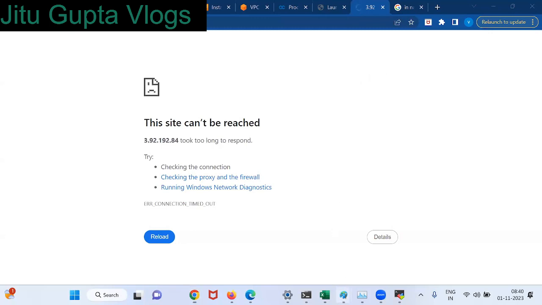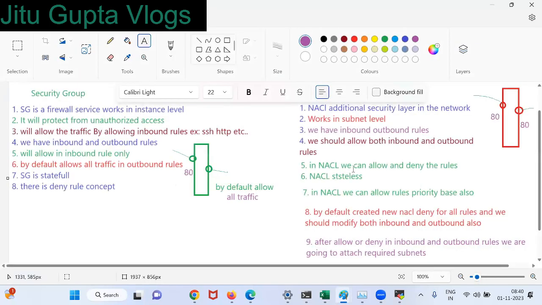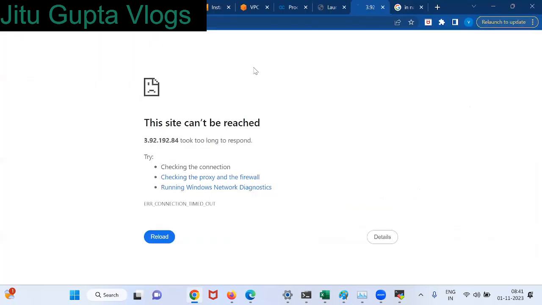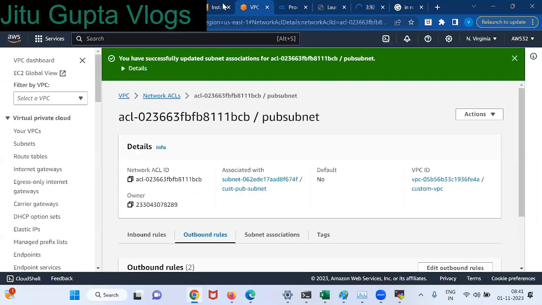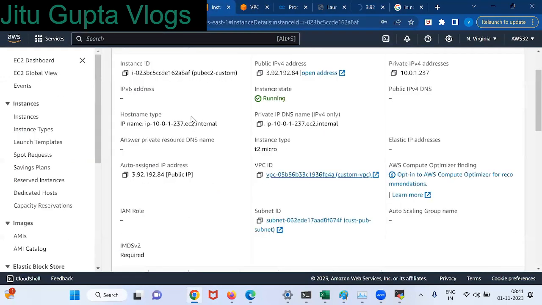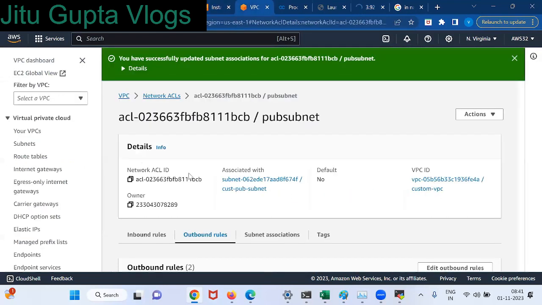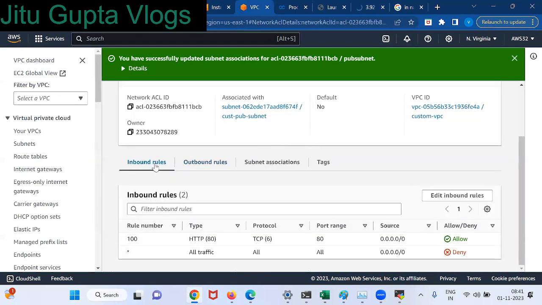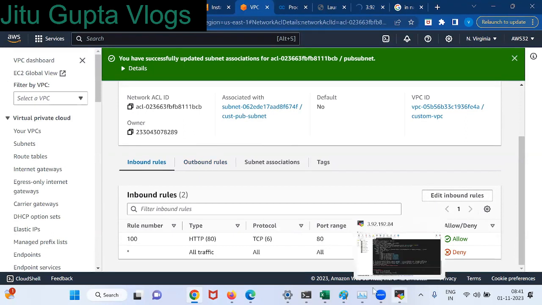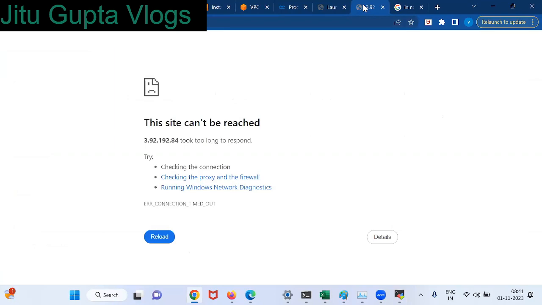In whatever points we have written, it's satisfied for all traffic, but it's not working for HTTP 80. That is the problem here. Okay. The points, whatever we discussed, everything is correct. It is working for all traffic, but we should think about HTTP 80. What I'm going to do now, I should connect from this IP. Control C. So we have one more option, right?